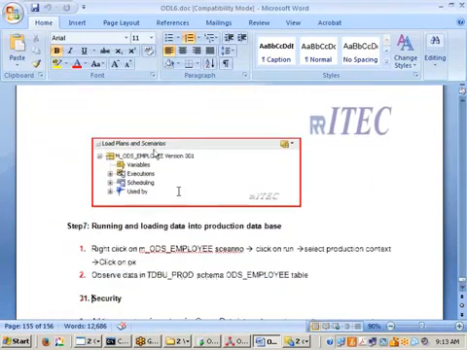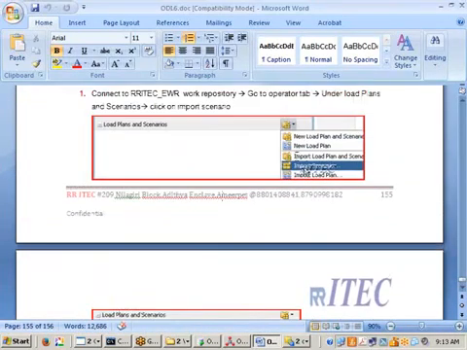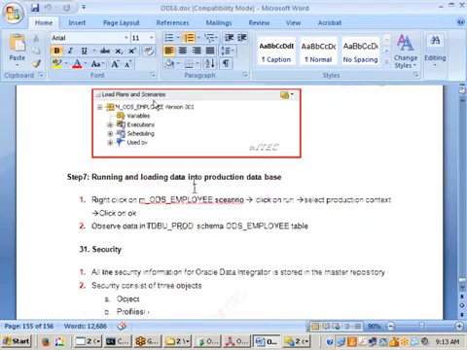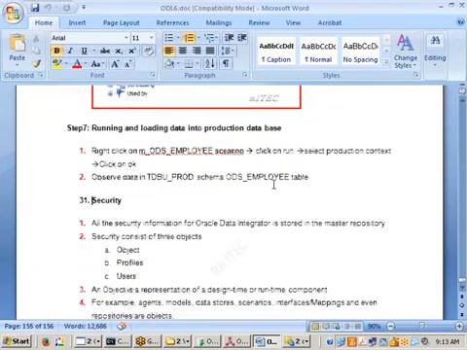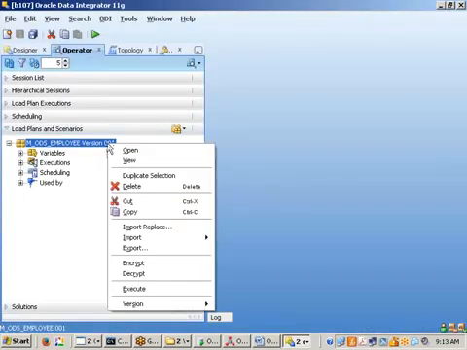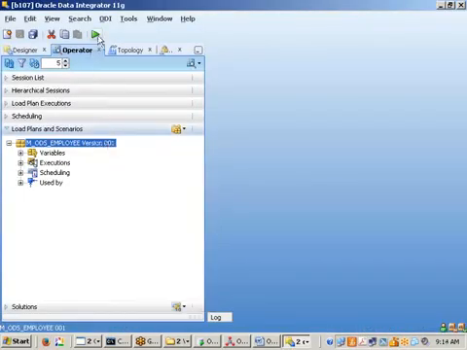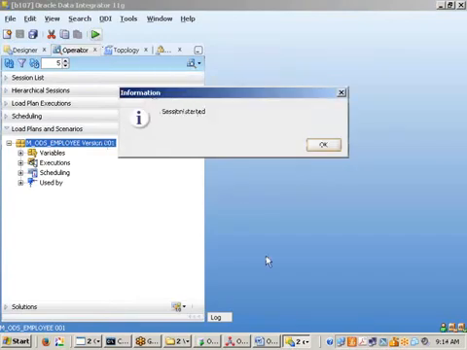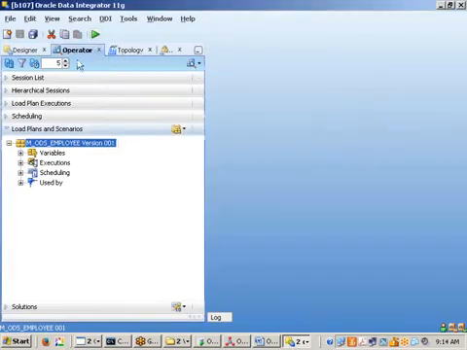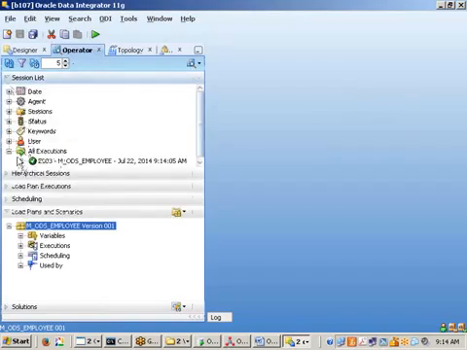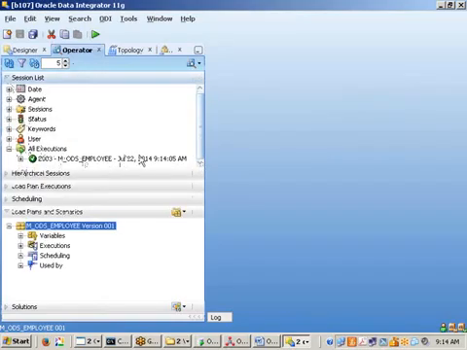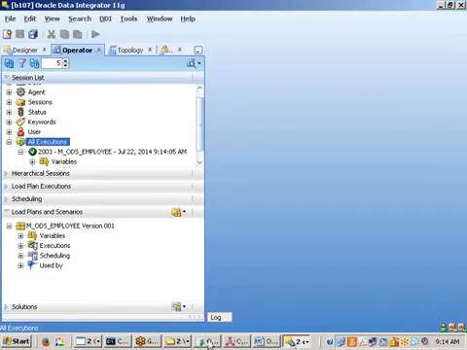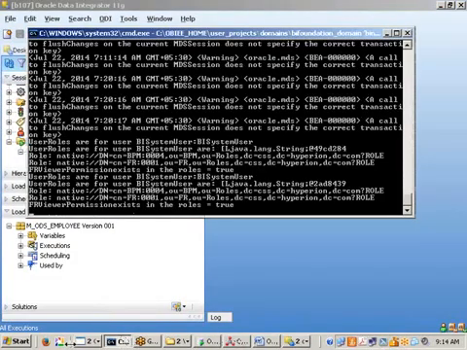connect to this one and try to import it. We imported this one. Under load plans and scenarios, click on import scenario and import it. Running and loading data into the production database. Let me run this one. Okay, you can select this one and go for run, execute it. Whatever context you want, you can select, click on OK. Session started. If you do everything correctly, if you go and see here, just now at 9:14 it is executed, right? And if you execute it perfectly, then what you can observe in this database,